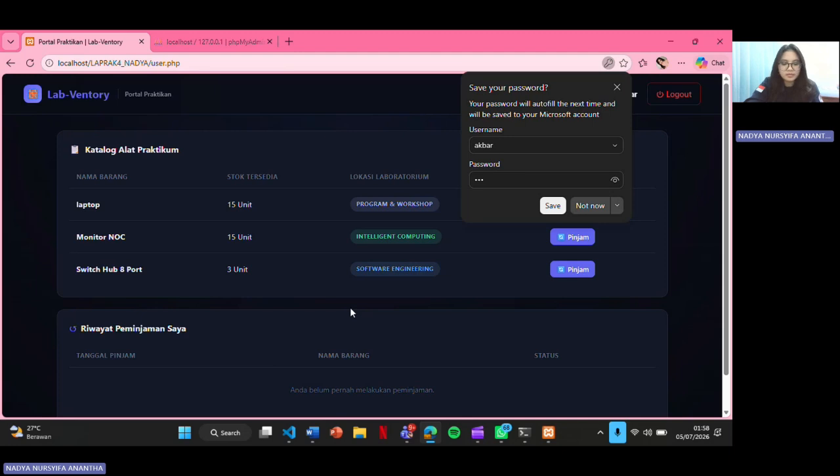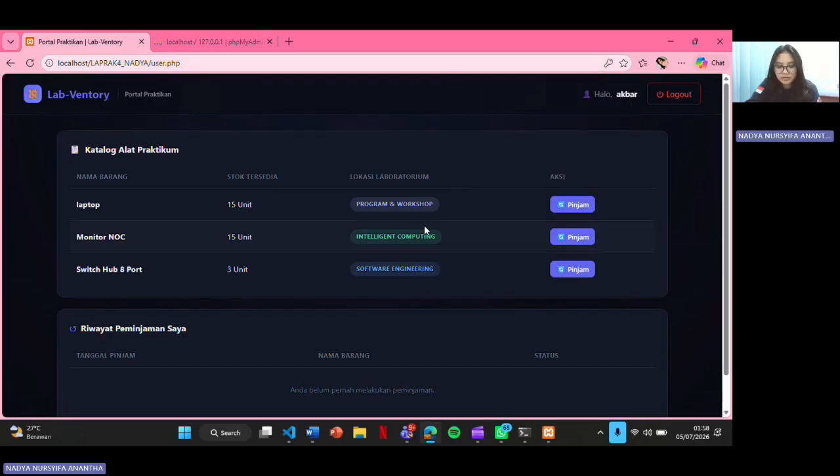This is the practicant dashboard. It is only accessible to a participant or regular user, and similar to the admin page, unauthorized access is automatically redirected to the login page. It has two sections. First, practicants can only view the list of available items. They cannot edit or delete any data.